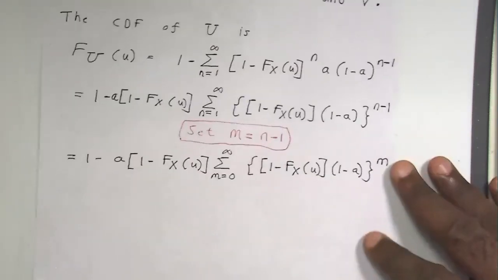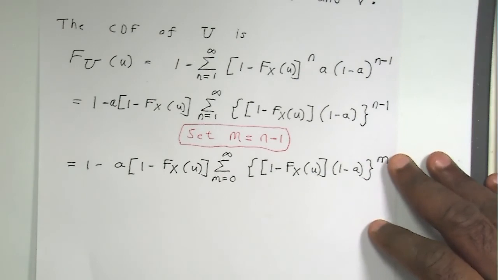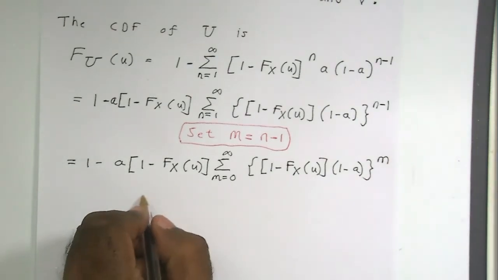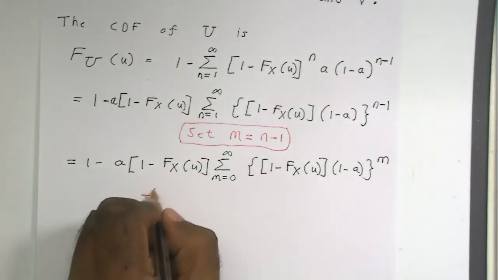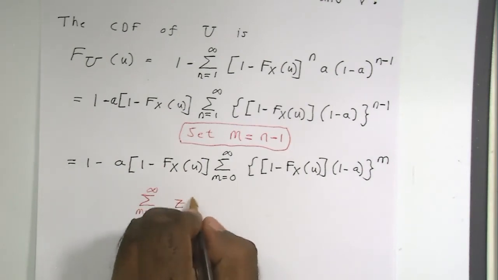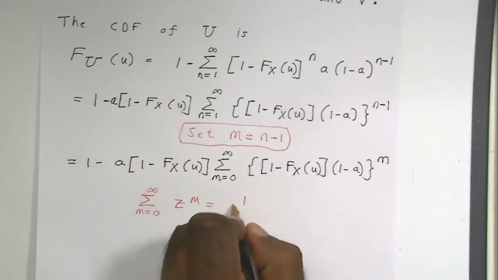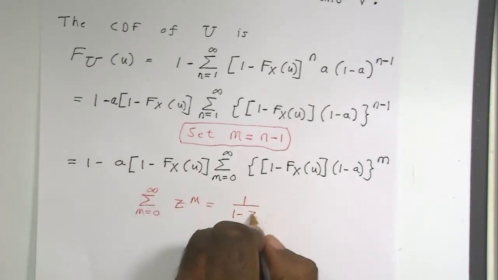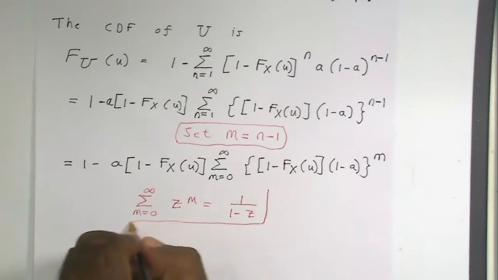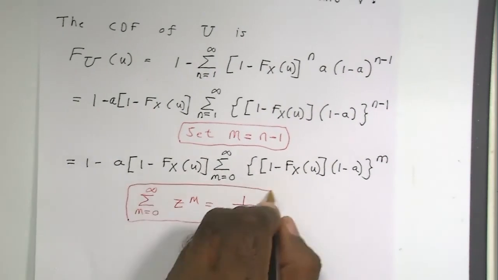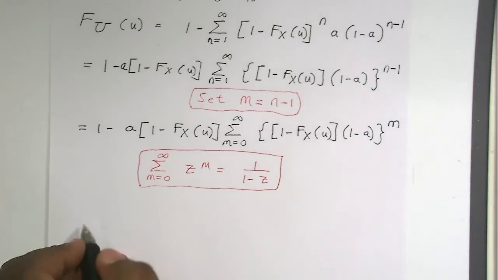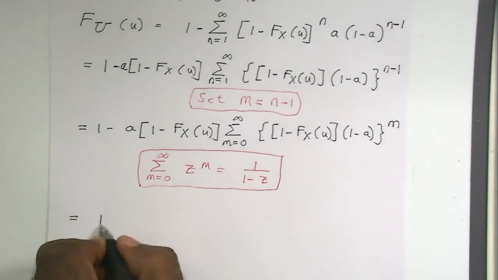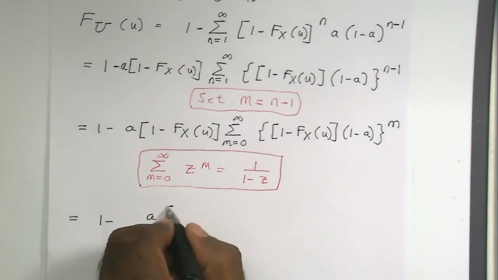Let me write it down in case you don't know: the sum from m equal 0 to infinity of z to the power m is the same as 1 divided by 1 minus z. This is known as the geometric series. So the answer is (1 minus a) times (1 minus